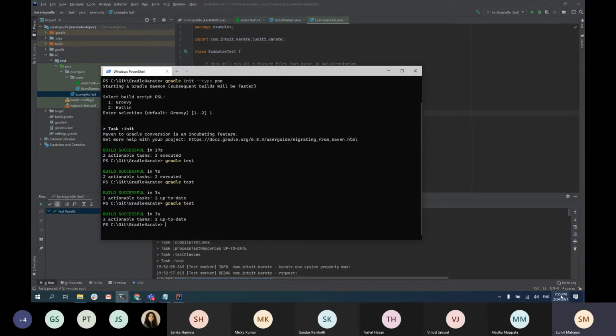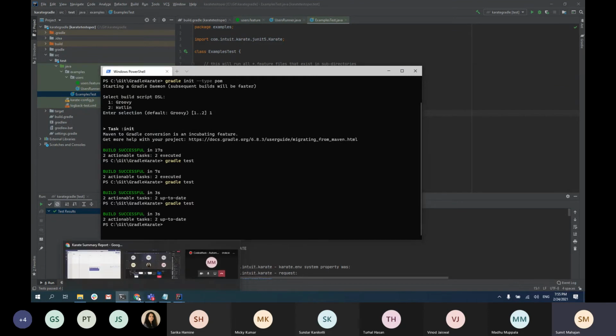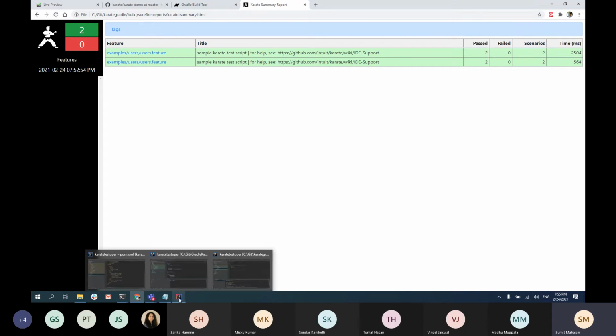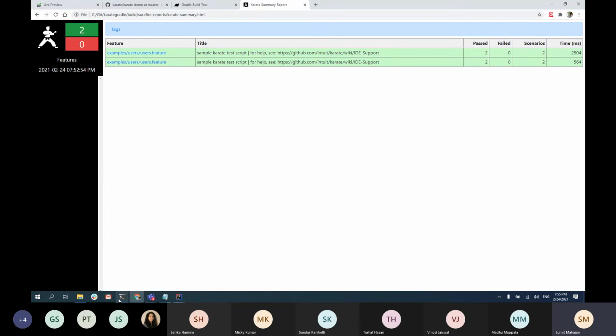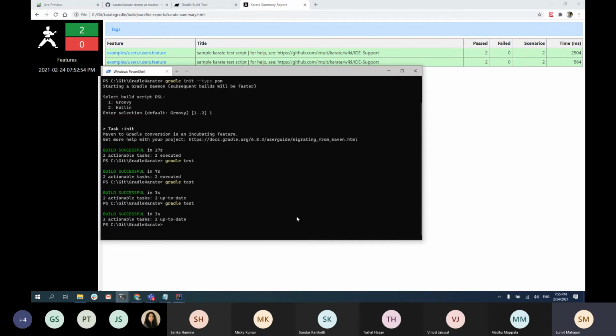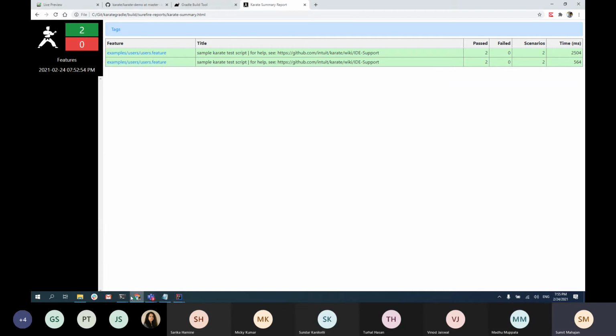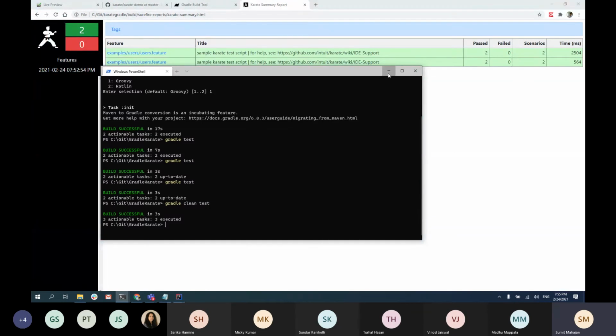3 seconds. Now, if you look at the time, 7:55. If I go to the reports, it shows me the time of the execution. Nothing has run, right? The reason being the artifacts are already built. So it's not executing again and again because it's saying that those tests have already passed. So I'm going to clean those artifacts. Once I clean those artifacts, you should see the timestamp changing, which is not changing. Oh, I know the reason.